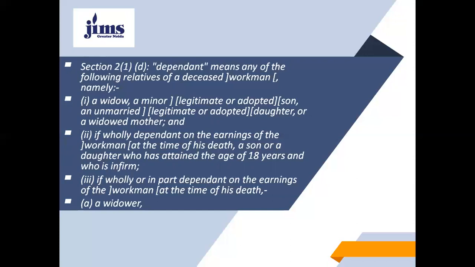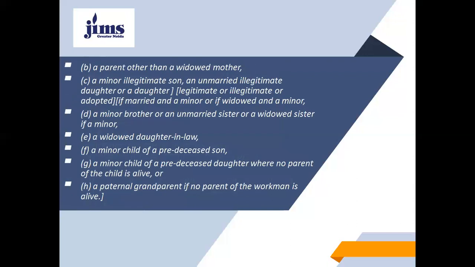And if wholly or in part dependent on the earnings of the employee at the time of his or her death, then a widower, and a parent other than a widowed mother,